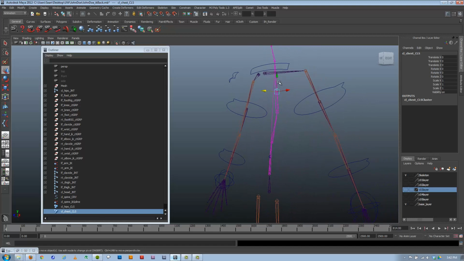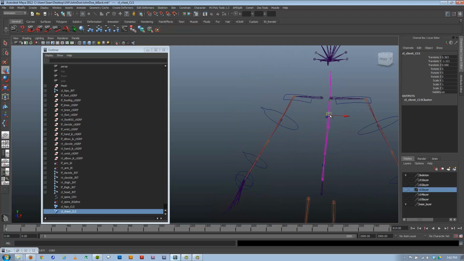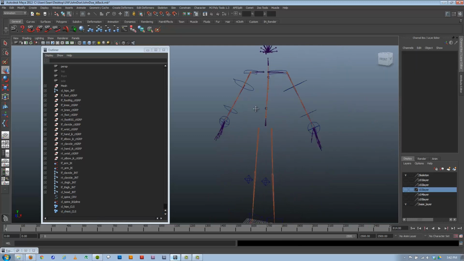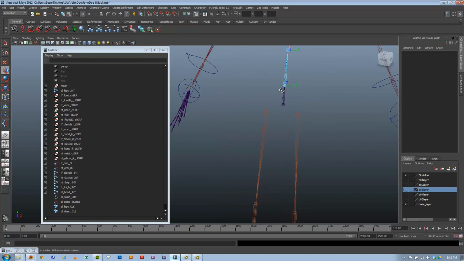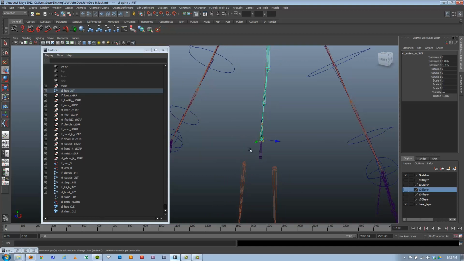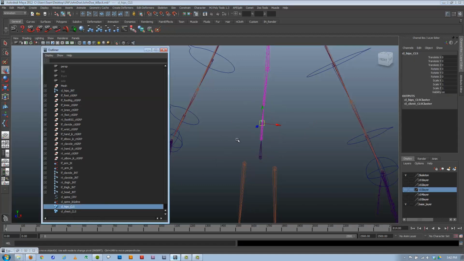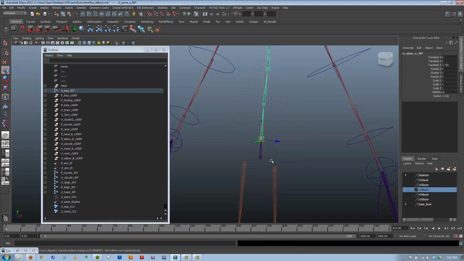Okay, so we've got 2 points here that allow us to start to move the back. And what we're going to do is build some controls to drive those clusters and move our joints around. What you may notice here is if I try to move the base of this, I can't rotate it either. Only the cluster can move it around right now. So if I grab this hip cluster, it'll move that point around, but I can't translate it anymore, which is not so great. But if I parent it under a free joint,